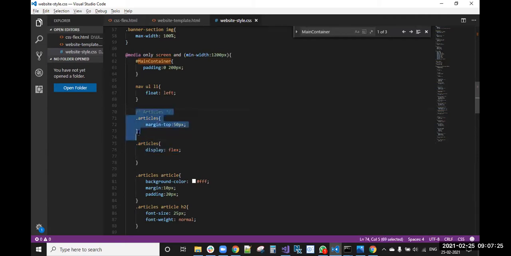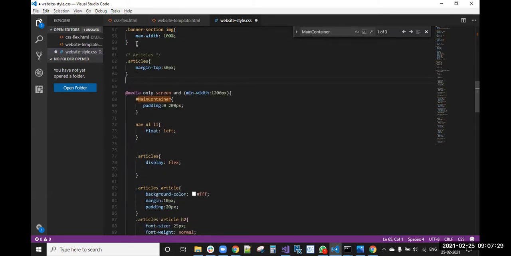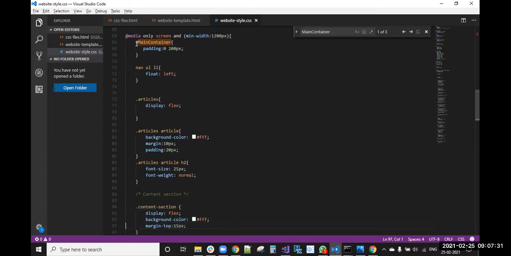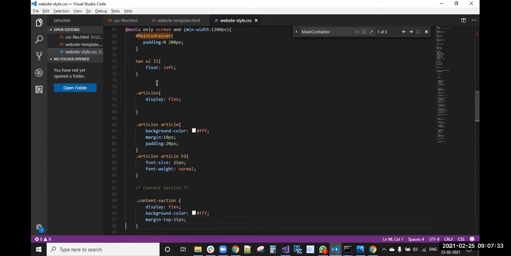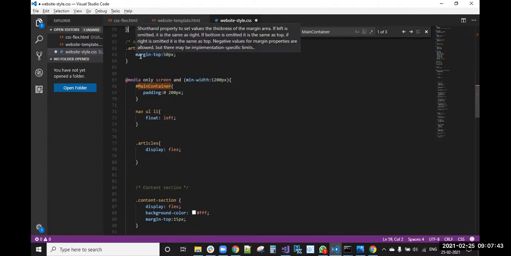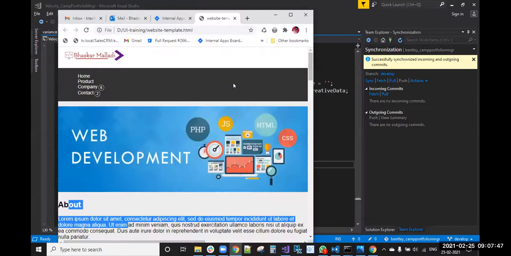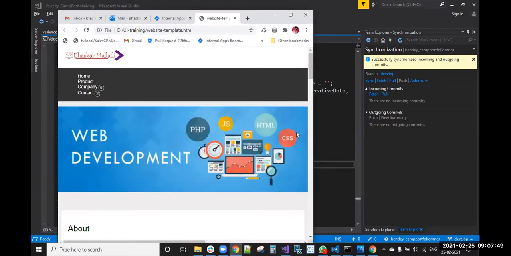These articles, this I'm keeping outside only, and this article display flex I want to keep in the min-width 1200 only. And these article things, these are the common properties, so I want to keep them outside.